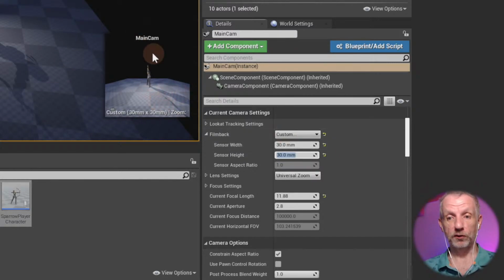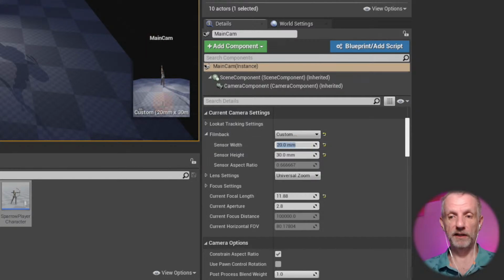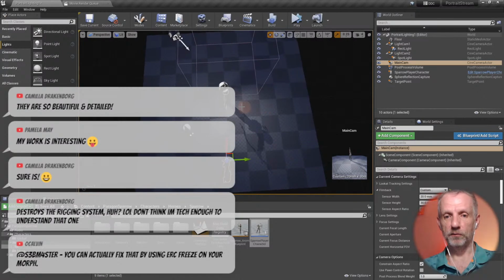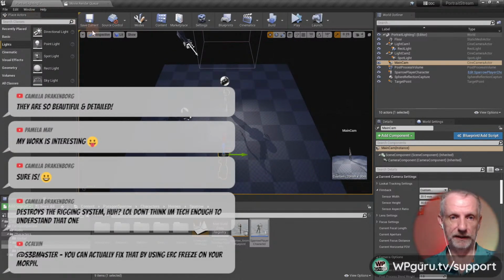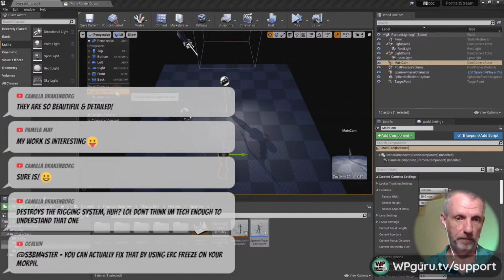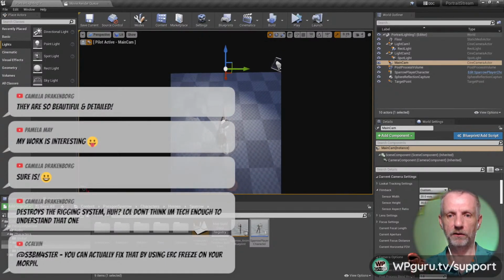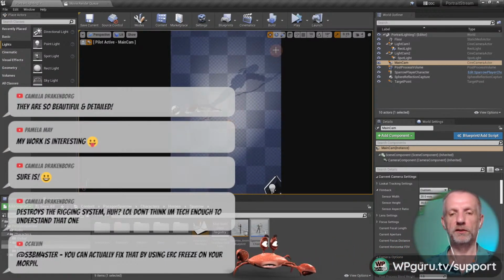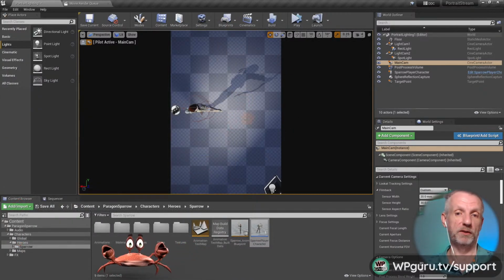And that'll be a square aspect ratio. I could also go and say sensor width, make that 20 by 30. Then I have a proper 2:3 portrait, which looks neat. So the moment I go and maybe pilot that camera, main cam, there we go. The moment I now go and turn this just on the floor, just so I can see it, it's a proper portrait